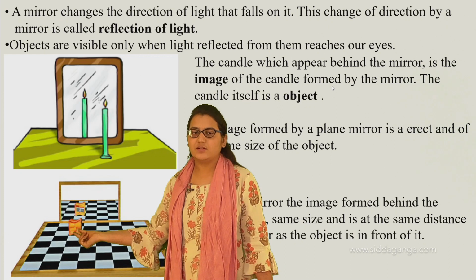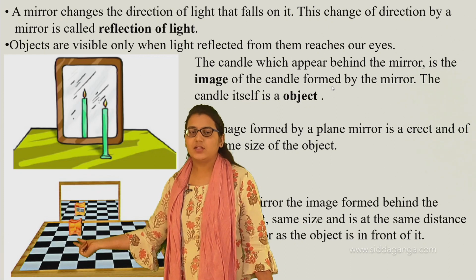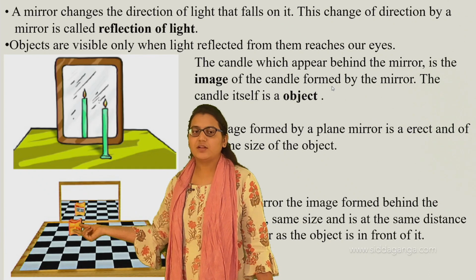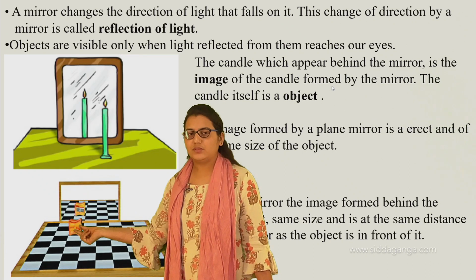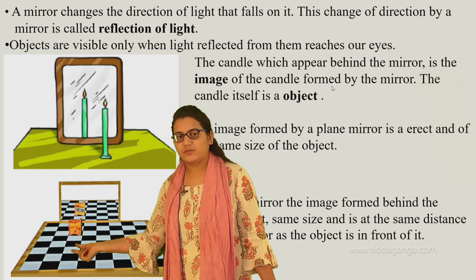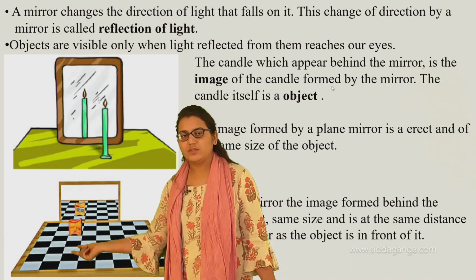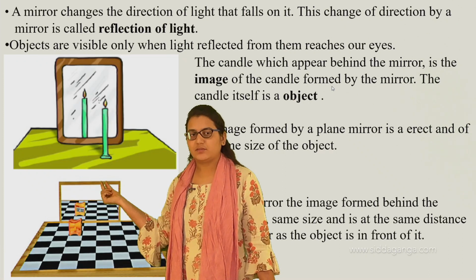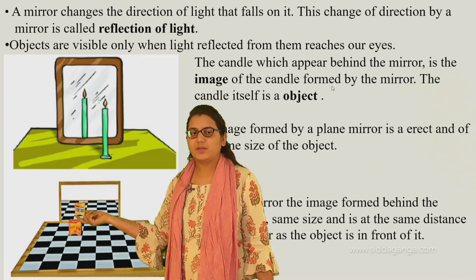Okay, now it is here. Let's move this object here. Now what happens to this image? When we are moving this sharpener to the fourth or the fifth or the sixth box, the further it moves, the image also goes behind, right? It also moves behind. So this is the mirror image of this sharpener.